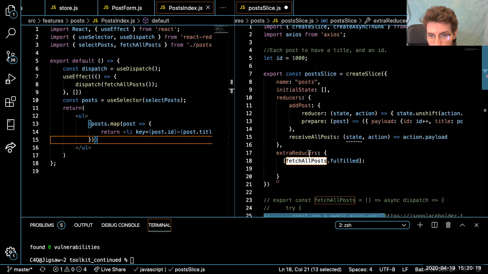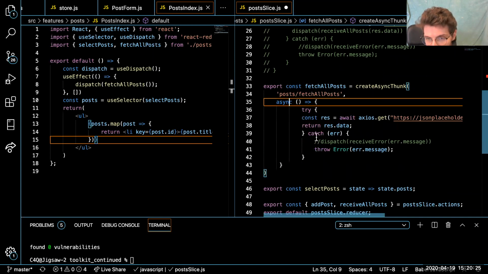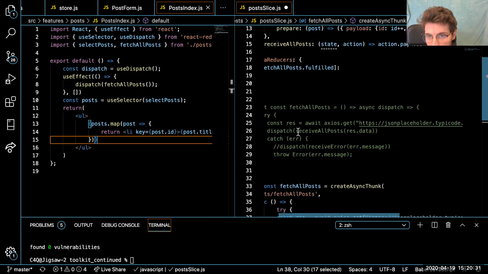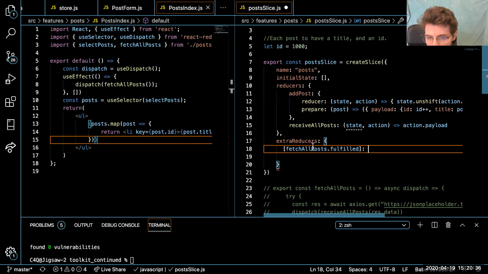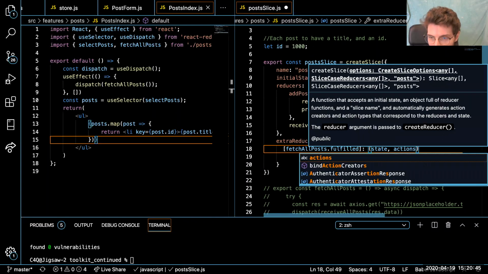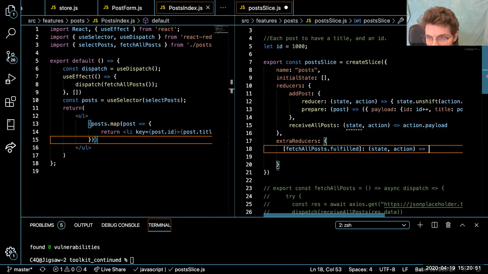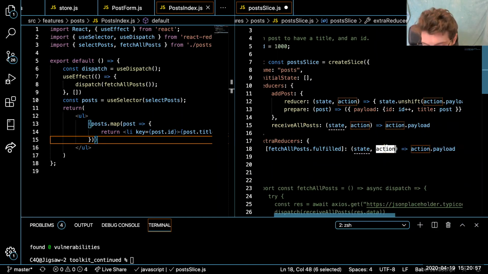So our fetchAllPosts, remember, it's returning a promise because it's got this async here. And once it resolves, it's going to return this res.data. So if it's not pending and it's not rejected, we can go ahead and do something with that in our extraReducers. So fetchAllPosts. Once this is fulfilled, it will fire off, and we'll have access to our state. We'll have access to our action. And just like before here, where I'm using receive all payload, I can just go ahead and do action.payload, which I could destructure down as well. So let's do that,